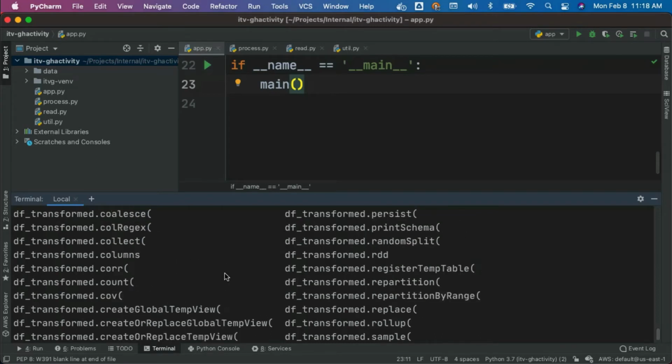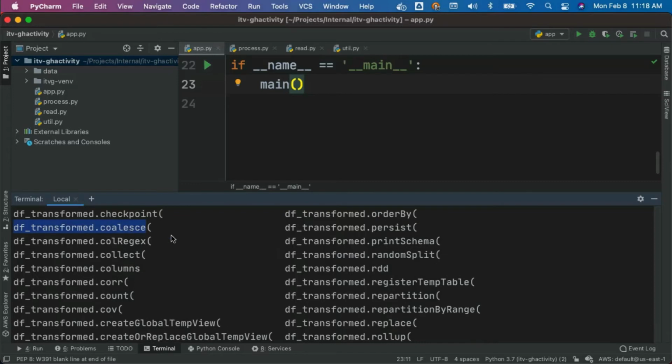Let me see the details about coalesce here. This is what you can leverage. Typically, when we want to write data to fewer files, irrespective of the number of executors that are going to process the data, we go with coalesce. Sometimes we might want to write data into a larger number of files than the actual data itself. One of the ways to achieve this is by using repartition. Repartition is a bit expensive, and hence we have to think twice before using it. It can be used even to write to fewer files, but coalesce is a better bet because it is better in performance, as it will not involve something called shuffle.